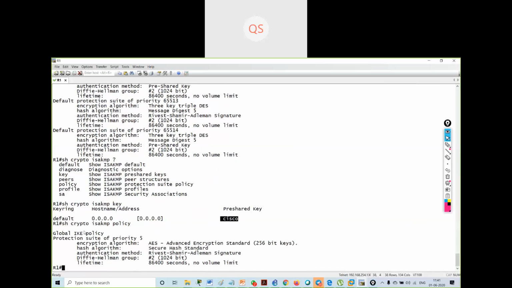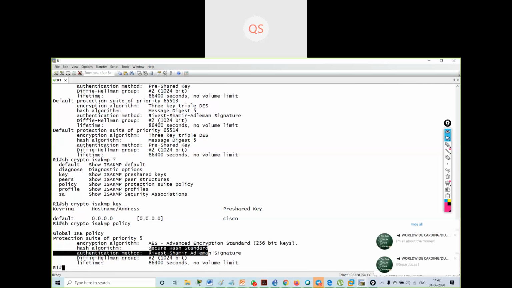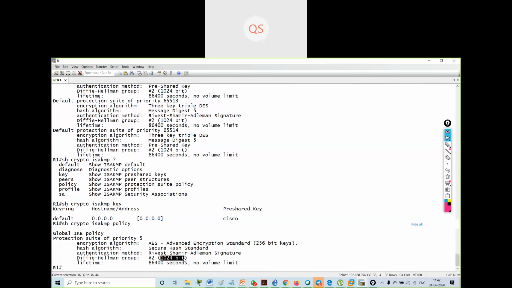See, now I got the policy, the IKE policy. Encryption algorithm used is AES 256 bits. Hash algorithm is Secure Hash Standard. Diffie-Hellman group number 2 I have selected, 1024 bit.